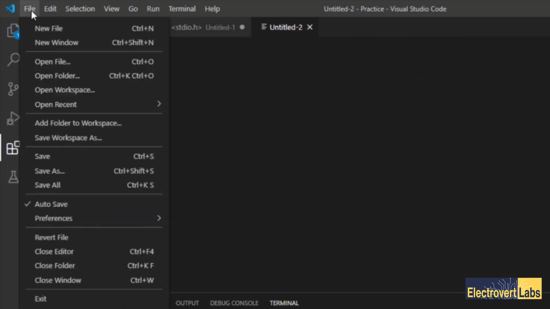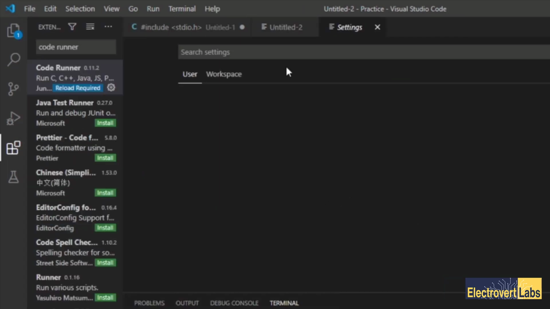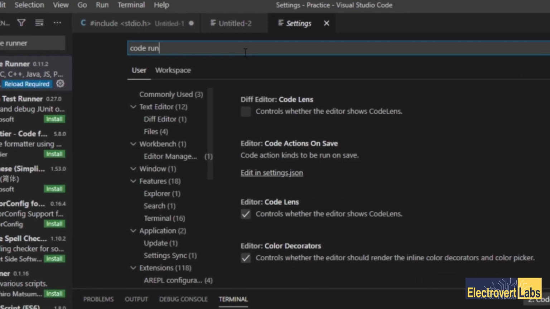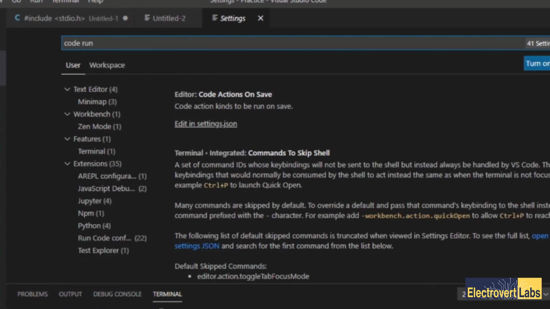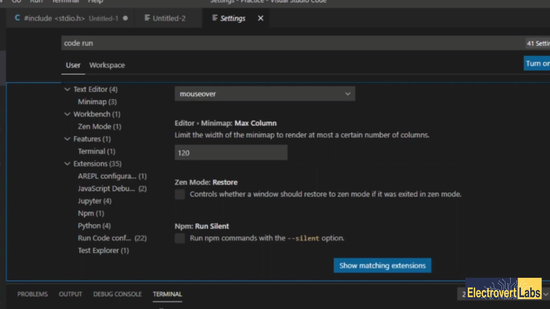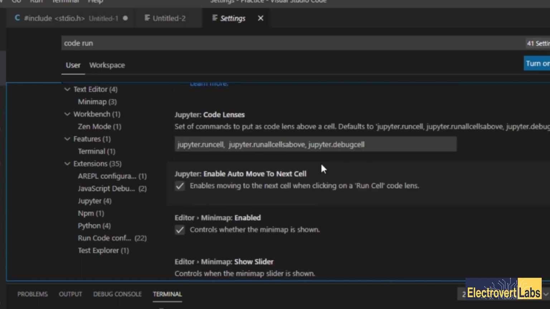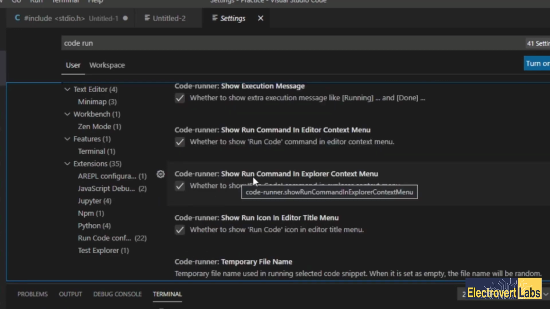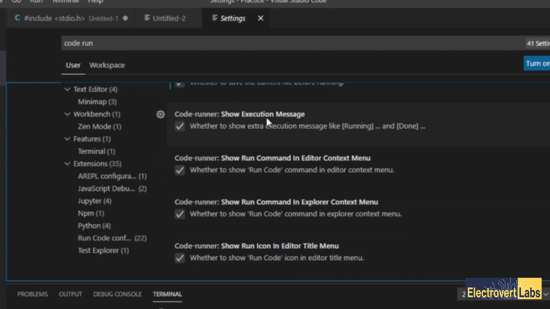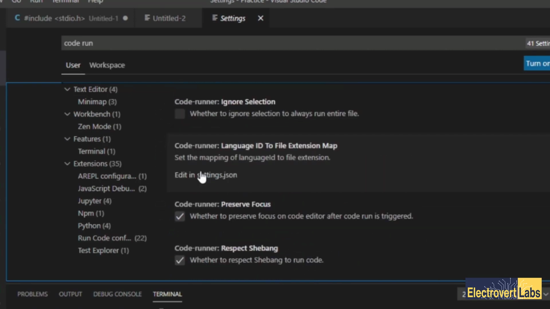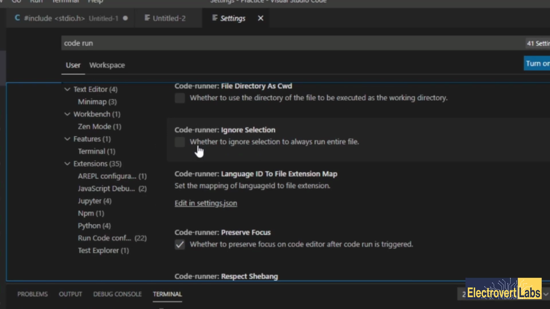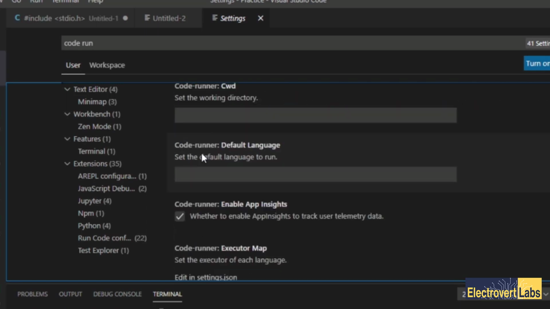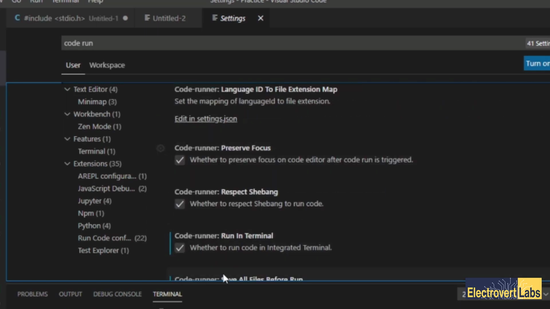We'll be going to File, then Preferences, then Settings, and then here just search for Code Run. Just search Code Run here and go down to the last, and go up slowly, and we will see some things here. So the run command in Explorer context window, this is not Code Runner. Okay, Code Runner. So all of this should be ticked actually. When you have installed Code Runner, all of this should be ticked. And the thing I'm looking for here is running the command in terminal. So I will search down again. It must have gone somewhere else.